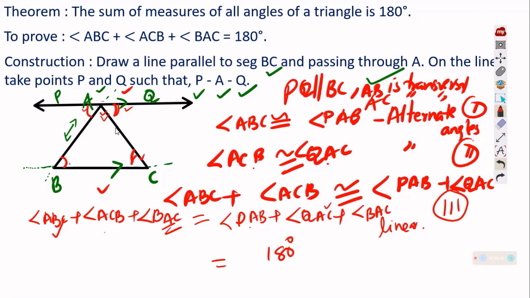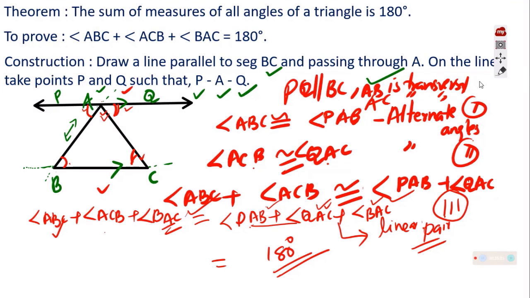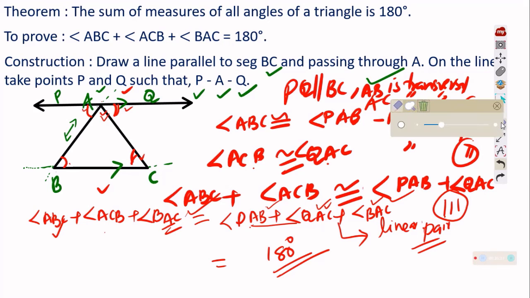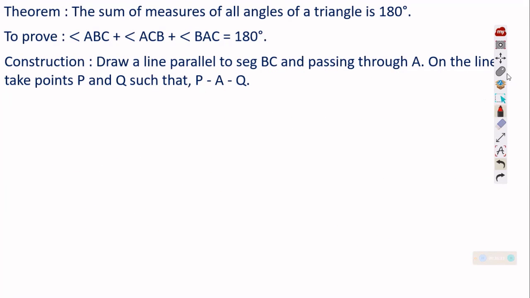So that is what was asked to prove. We are asked to prove that the sum of interior angles of a triangle is equal to 180. We proved it, starting with the parallel line and the transversal. That was the task. Understood? So we can prove that the interior angle sum of a triangle is equal to 180 using the principle of parallel lines and transversal. We got ABC, ACB and BAC equal to 180. So be very clear about it. We'll go ahead. Before going ahead, let me clean the screen.